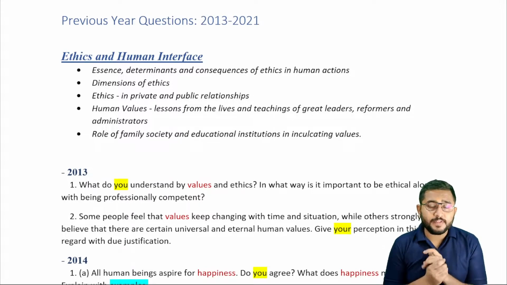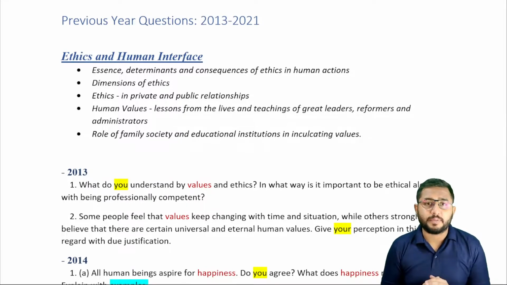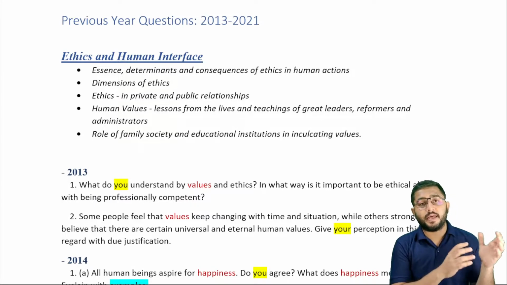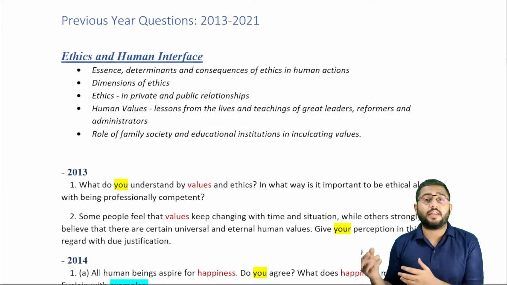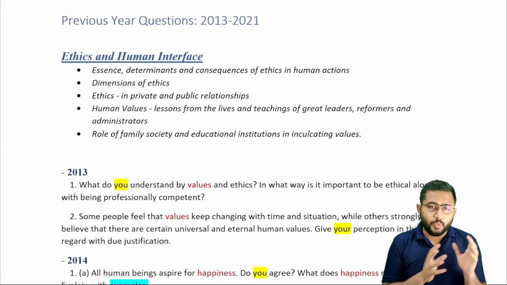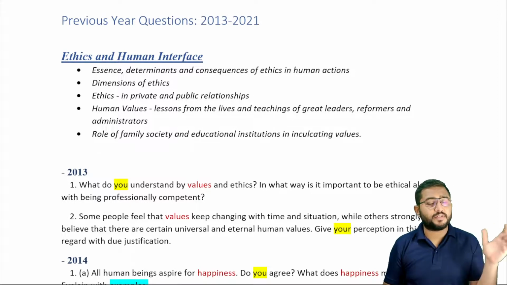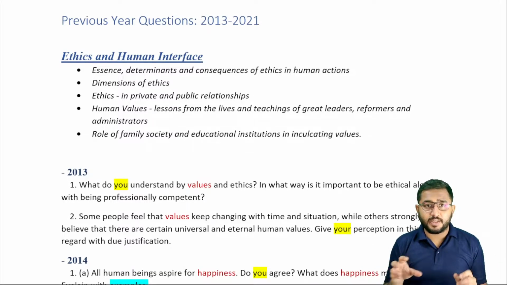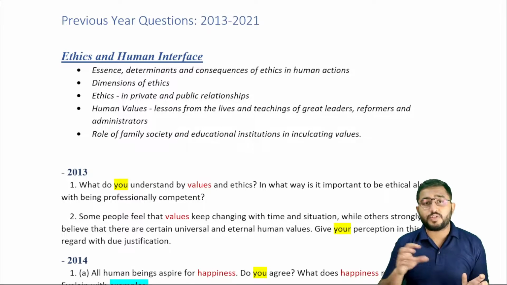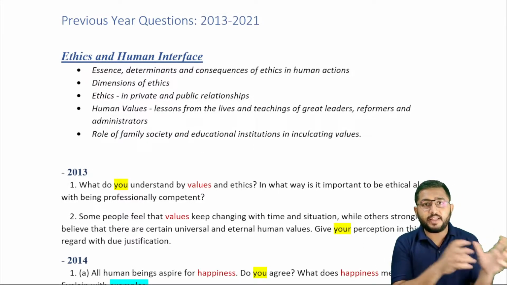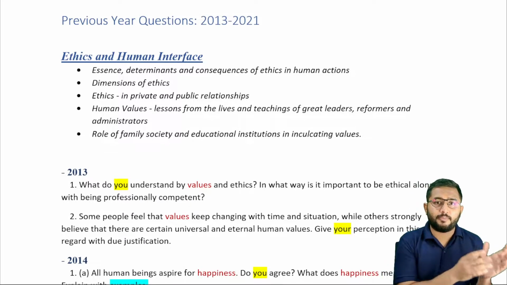Now, the very first thing that we notice when we go through all the question papers, all the questions that have been asked, is that ये जो syllabus दिया गया है, जो syllabus UPSC ने दिया है ethics का, and the questions that are being asked have a very different tone to them. The questions already have certain terminologies given, but जो syllabus में जो terminologies हैं और जो questions पूछे जा रहे हैं, there is no direct linkage to it. Direct derivations नहीं है.